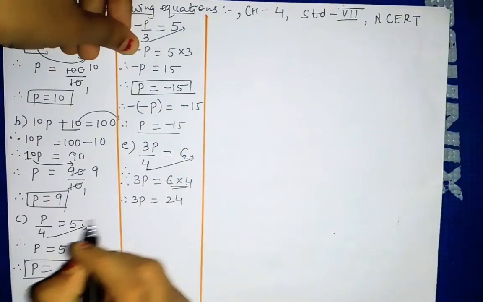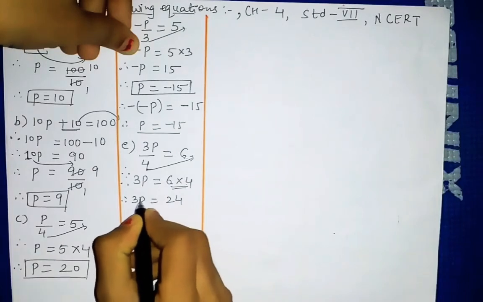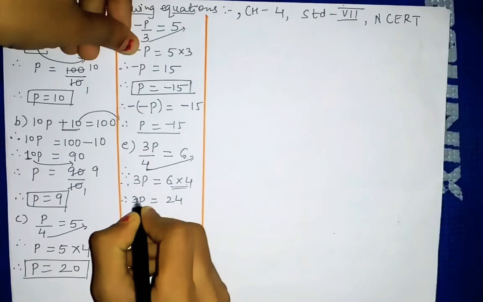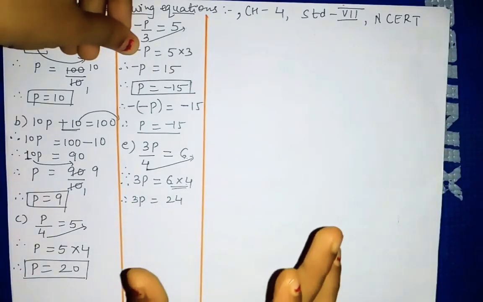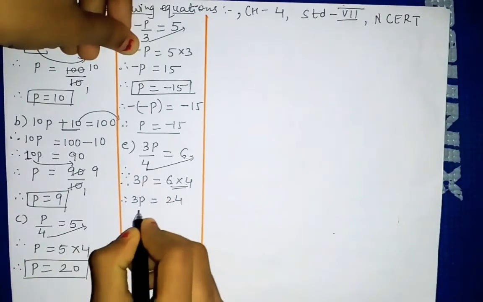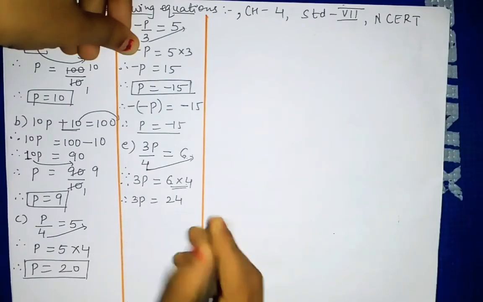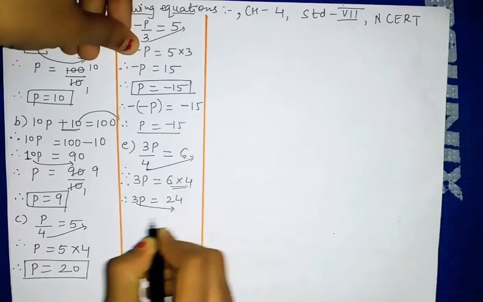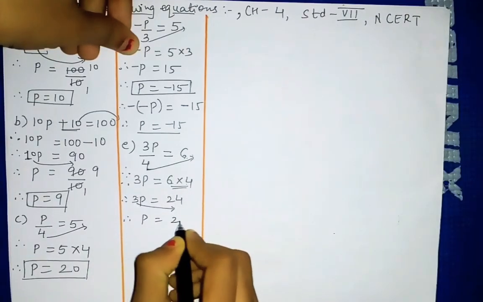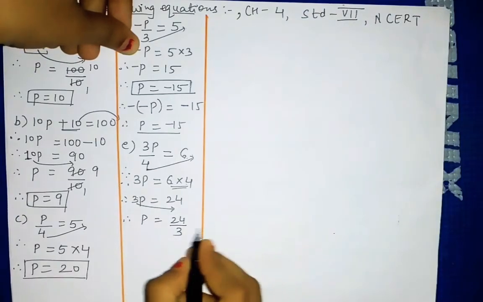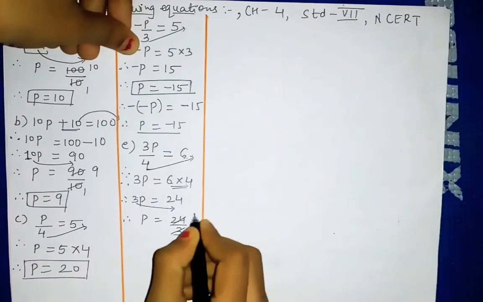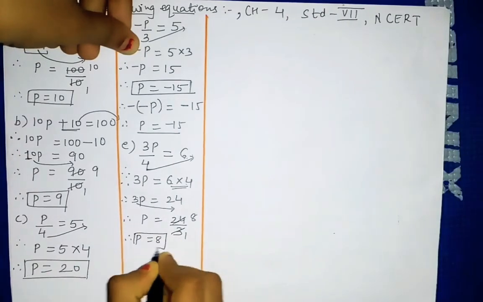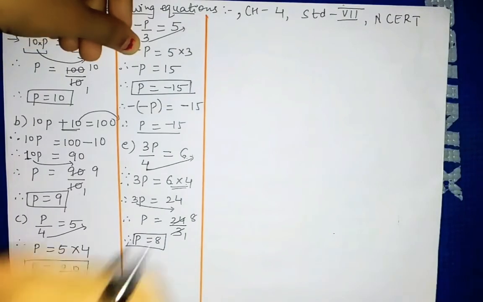Now 3. So step by step we will do. So 3 is in multiplication. See the sign between 3 and p. Which sign is there? No sign means multiplication. So multiplication is there. So now this 3 will go this side in division. Division means we will write this 3 down in the denominator. So it will be 24 upon 3 this way. Now cancellation is possible. 3 ones are 3 and 3 8s are 24. So here only p is left. p equal to 8 is our answer. So this is the answer of the fifth sum.